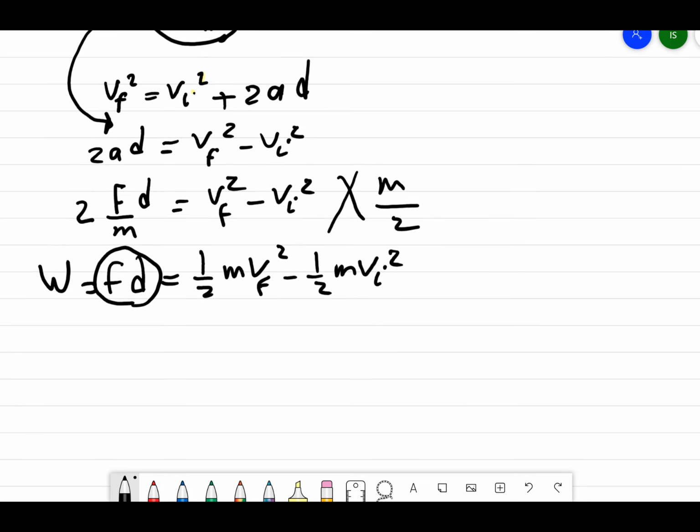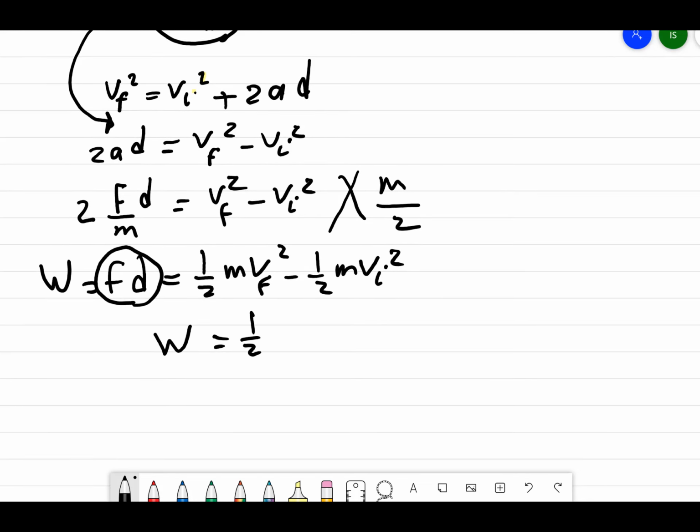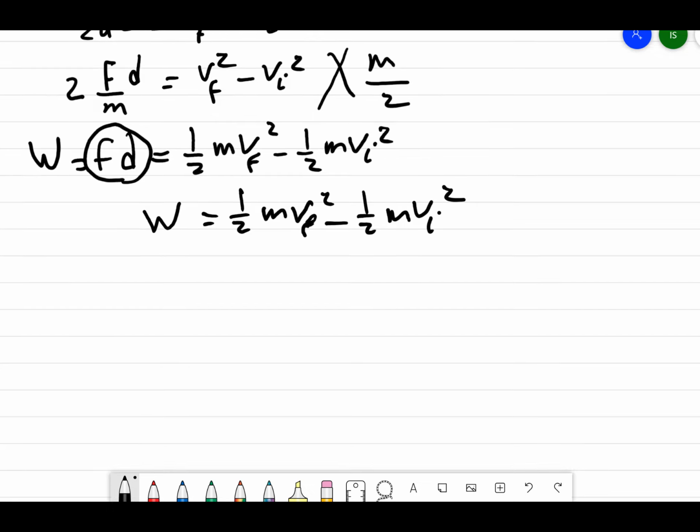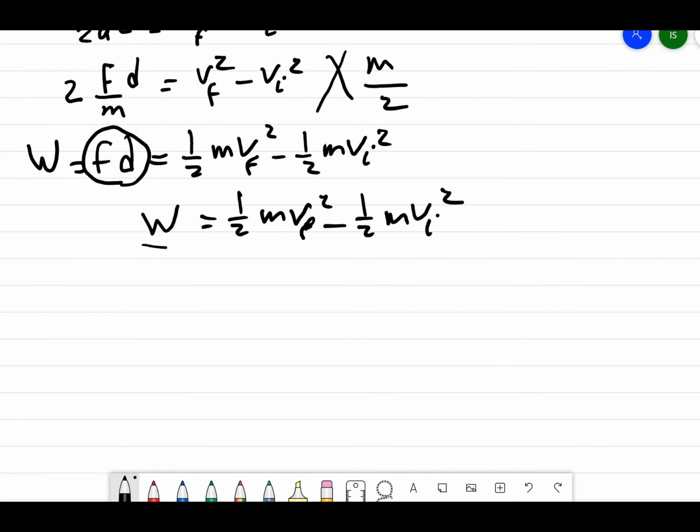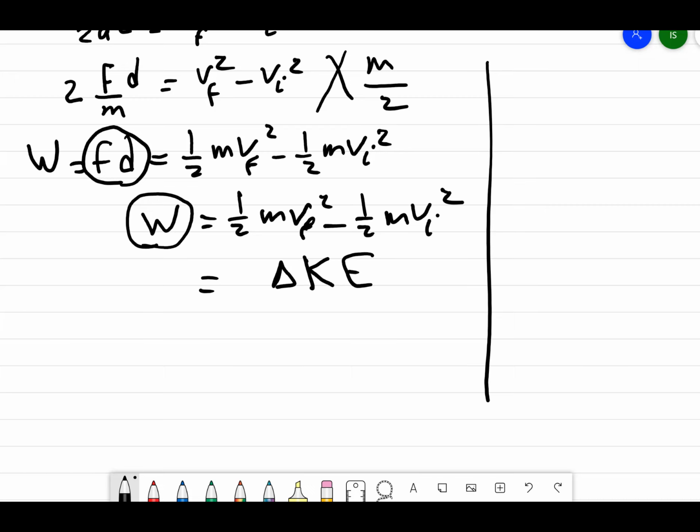So W equals half m v final squared minus half m v initial squared. So this is work, and this is the change in kinetic energy, because this amount, half mv squared, we